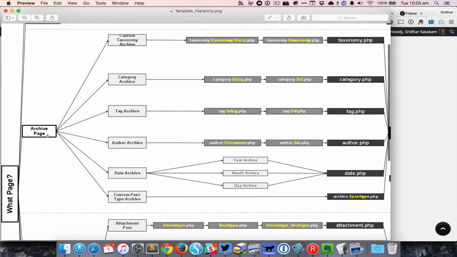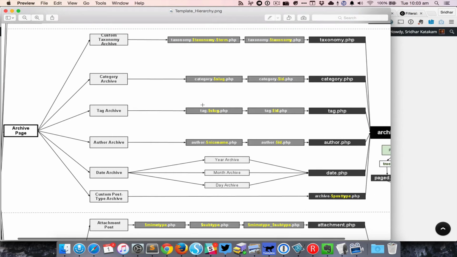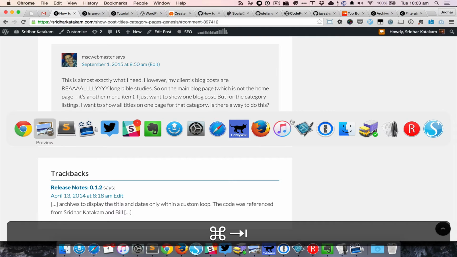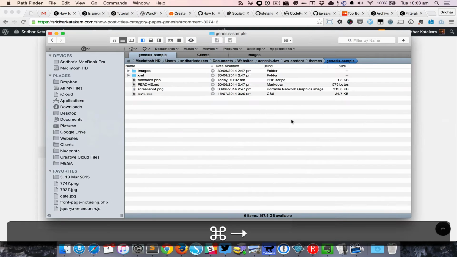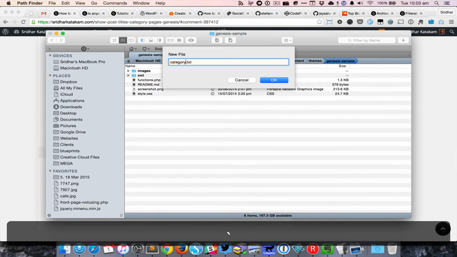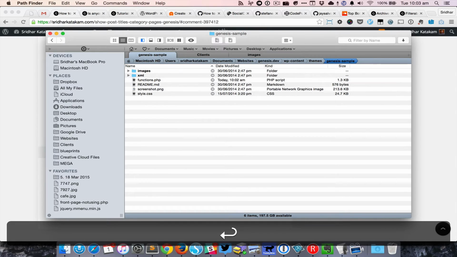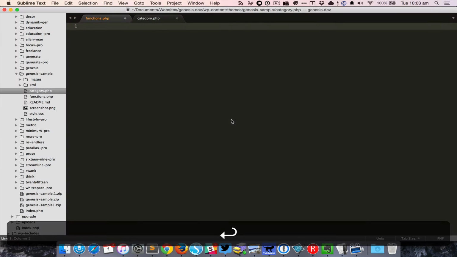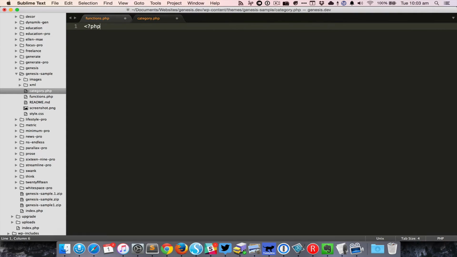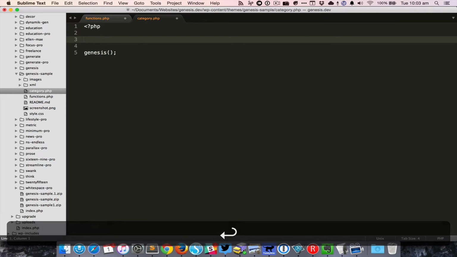So in the archive page, when you see category archive, you can see that it uses category.php, which is in WordPress. So you just go to your child theme folder and then create category.php, put the opening PHP tag, put the closing Genesis function, and then